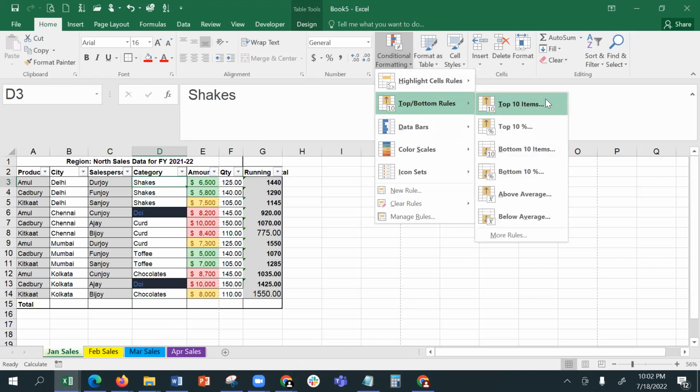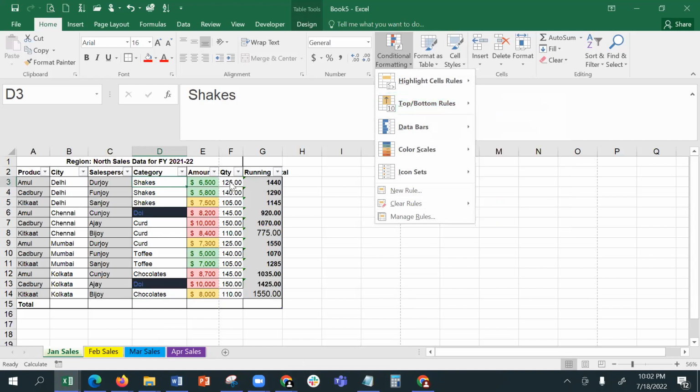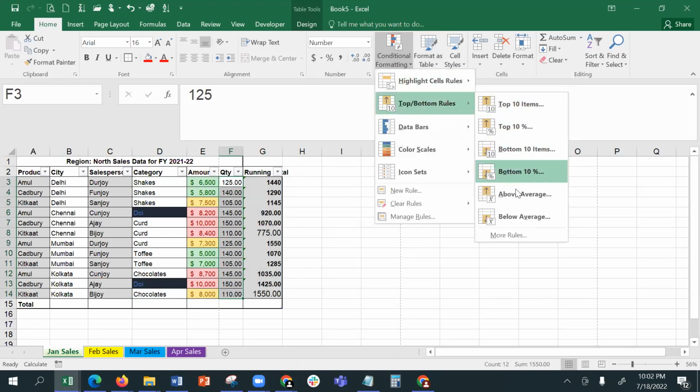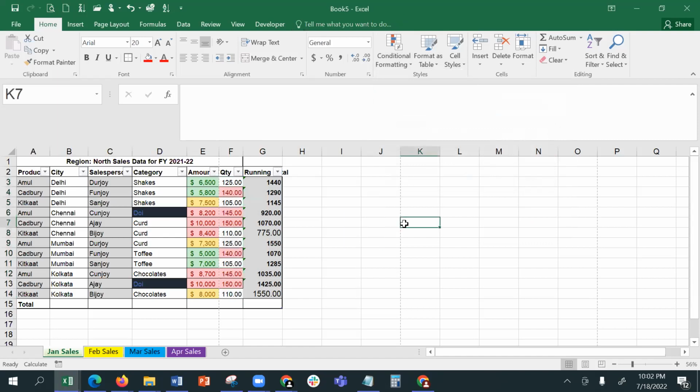Top bottom rules, we have seen top 10, highest 10, 10%. 10% means out of 100 values, I want to highlight the top 10. So out of 100 values, 10% will be 10 values. Out of 200, 10% will be 20 values. Okay. Bottom 10, lowest, above average, below average. You can use them as per your requirement. Suppose you want to look at the quantity, highlight it, go to top bottom rules, above average, give it a color. You want to know what is the average, go to condition